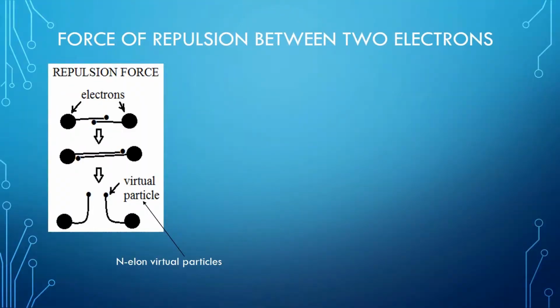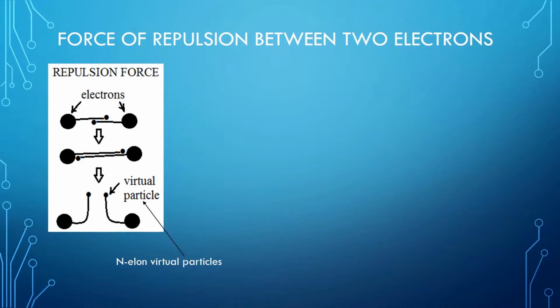Now I want to turn your attention to the repulsion forces between two electrons. Repulsion occurs because identical strings do not bond in the same manner as complementary strings. This leaves the virtual particles free to create a force of repulsion against opposing electrons as shown in the next slide. The virtual particles are ejected from the electron with great velocity. The particles are composed of matter and they have momentum. The collision between virtual particles and electrons drives the two electrons apart. In this manner, the virtual particles create the force of repulsion between electrons.